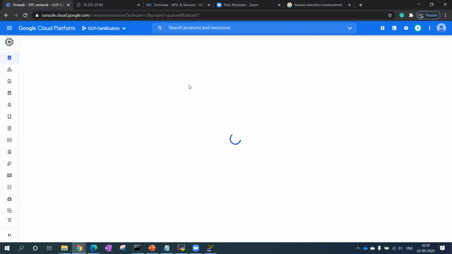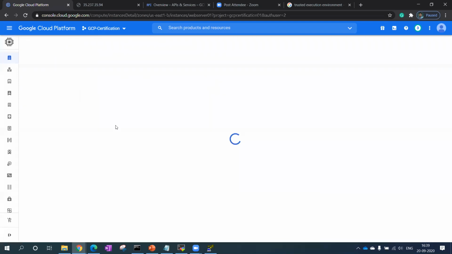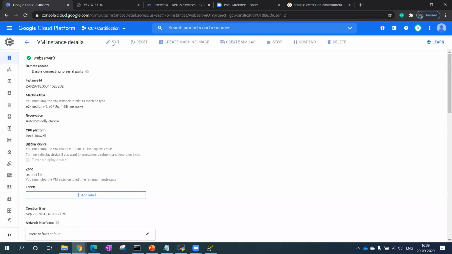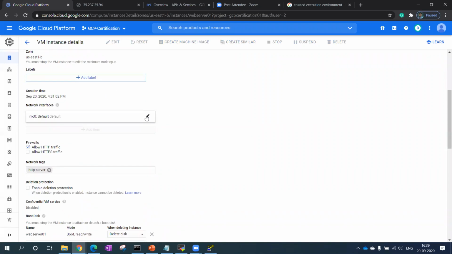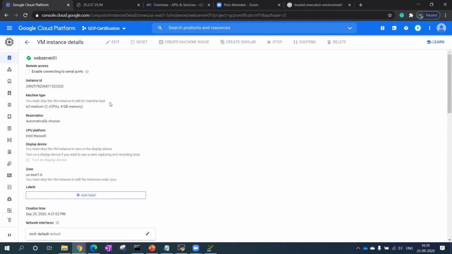Now what next? Basically I have just shown you the features of the VM. If tomorrow you want to change anything in the VM, for example, scale up the VM, then you have to go to this option and click on edit. Through this you can modify your VM. They have given the option over here, so you can change the instance type as well. Let me see.